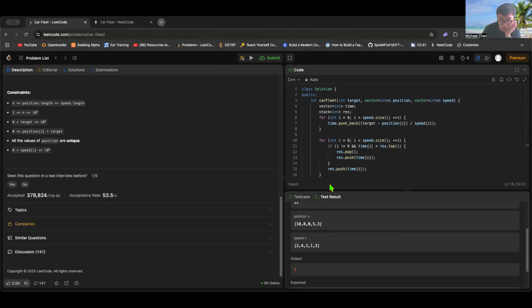And if the second one is slower than the first, that means at some point it will become a fleet. So I'll pop the res and I'll push the second time in there. Then the next one, if it is quicker,